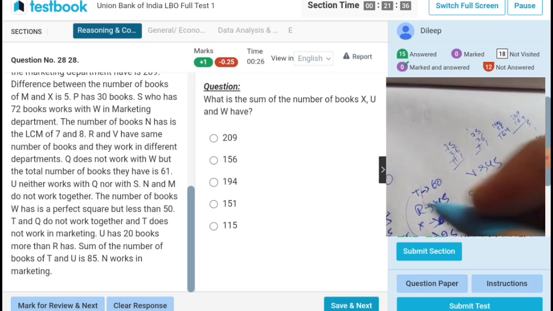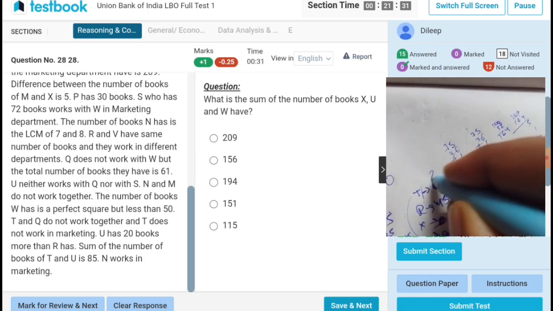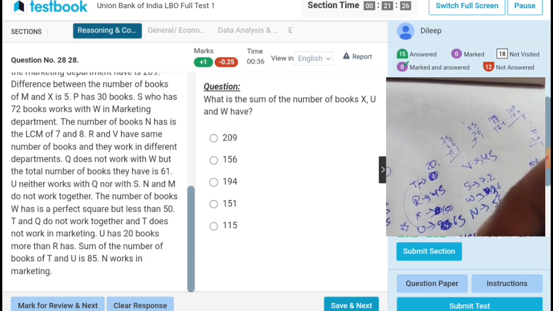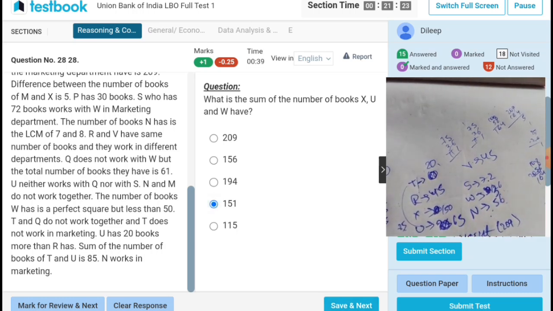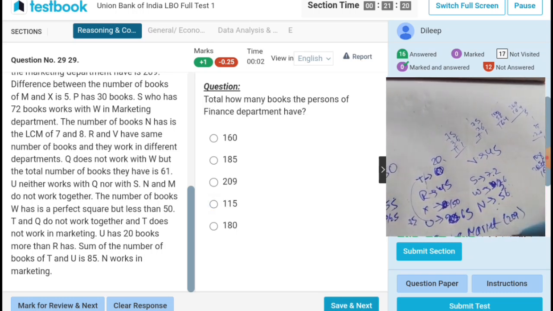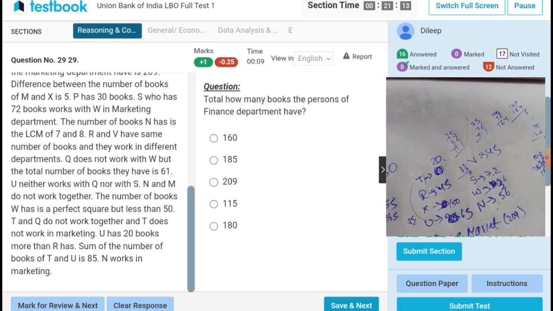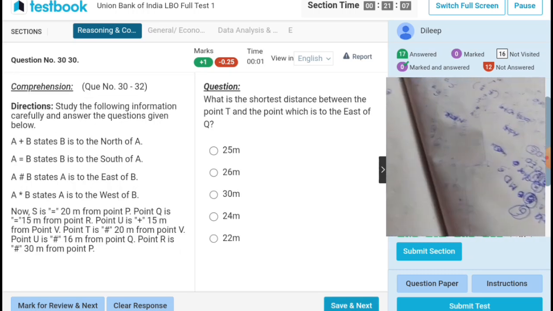So 45, that is U 20 more than, so 65 and 20. 151. Finance department have 85, 180. Next,